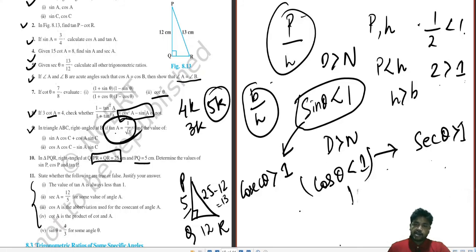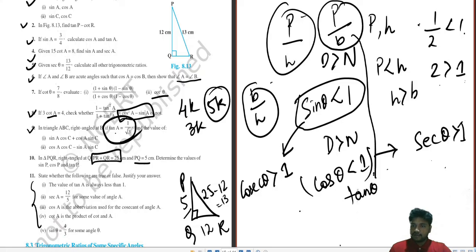Now coming into tan and cot. Let's see who will be showing the presence over here, less or greater. Tan theta is P by B. Very clear for you. So P and B, any one of them can be greater. Over here, if you take an angle R, P will be greater than B. Common sense, Pythagoras triplet. Or obviously you can see that this is the longest side compared to P and B, not the hypotenuse part.